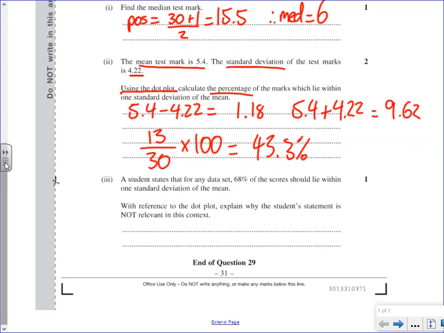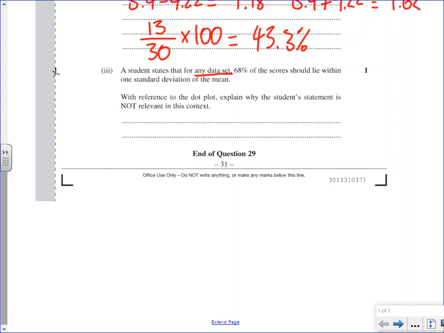So lastly, the question is asking, a student states that for any data set, 68% of scores should lie within 1 standard deviation of the mean, but we just saw that wasn't the case. So with reference to the dot plot, explain why the student statement is not relevant in this context. Well, we kind of just answered this question a couple of minutes ago when I said it's not a normal distribution. Because it's not a normal distribution, that means 68% of the scores wasn't the case. So I guess the answer in this particular case is this is not a normal distribution,